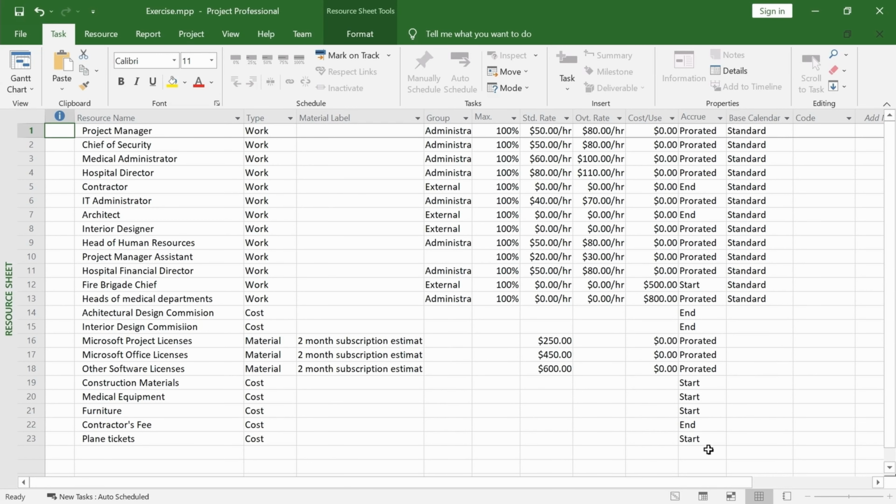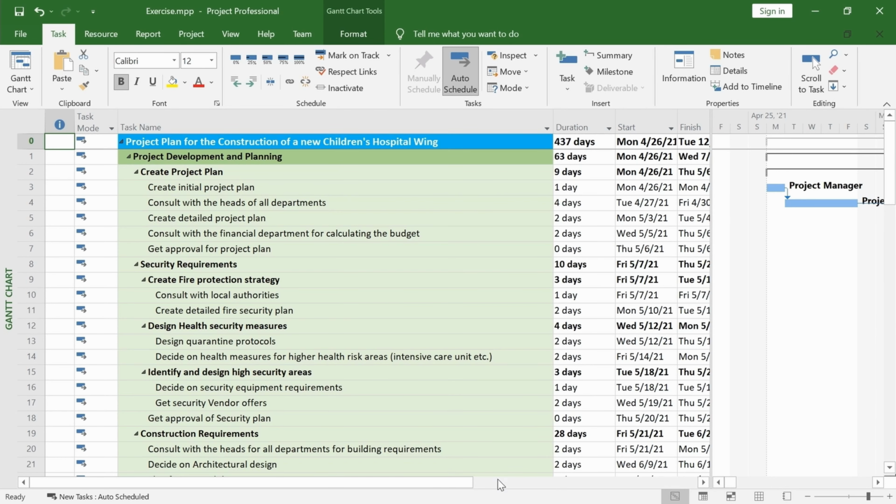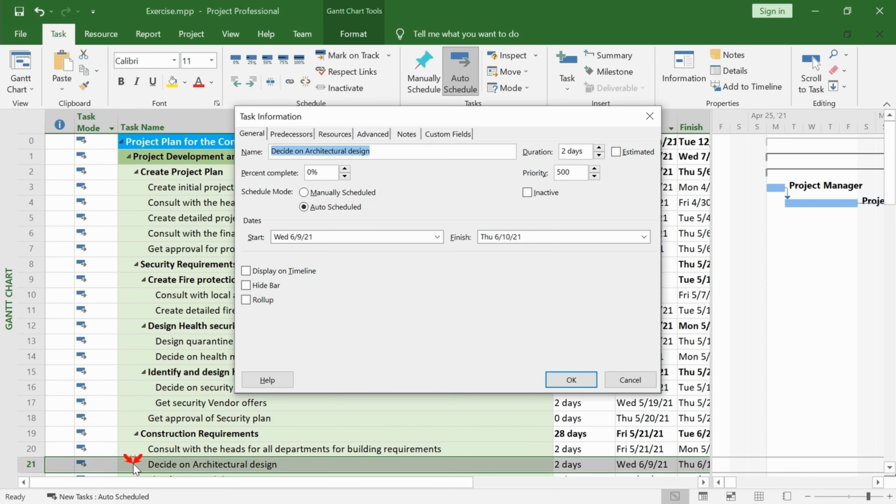When it is time to assign a cost resource to a task, make sure to remember to add a cost to them. This cost will be linked to that specific task assignment. Go to the Gantt chart view from the icon in the bottom right of your window. Find Task 21, double-click on it,